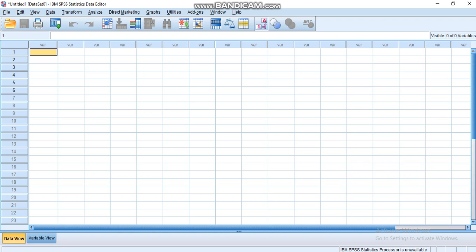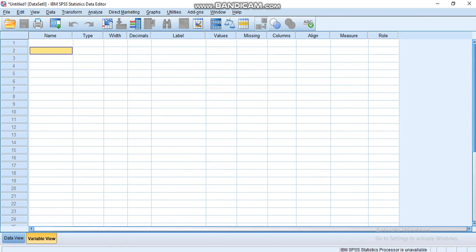Today we'll be talking about SPSS, which is short for Statistical Package for the Social Sciences. We'll be focusing mainly on data entry, and as you can see there are two views here, the data view and the variable view. We can switch between them like this or even like this, right? So we enter the data in the data view, but before that we have to define the variables in the variable view. So let's do that now.